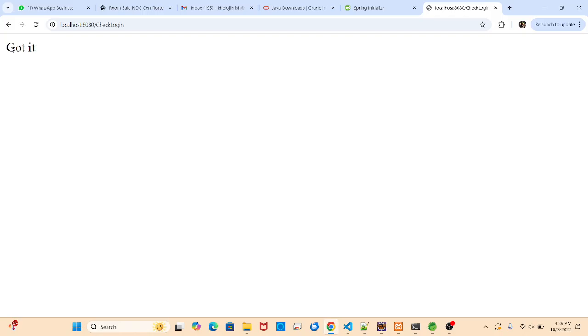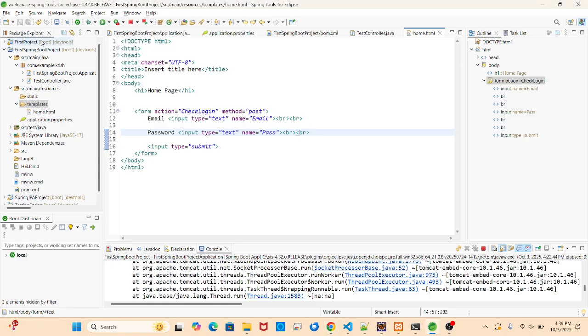Understood? It means my method is submitting now, but it is not checking anything because we have not passed anything over the reference. So how will I check this data? From where am I taking this data? I want to check which data is going. If it is going, it should give a success or error message. Correct? So how do I check it here? You can create one more page here if you want. Otherwise you can just display the response body there, the message part.